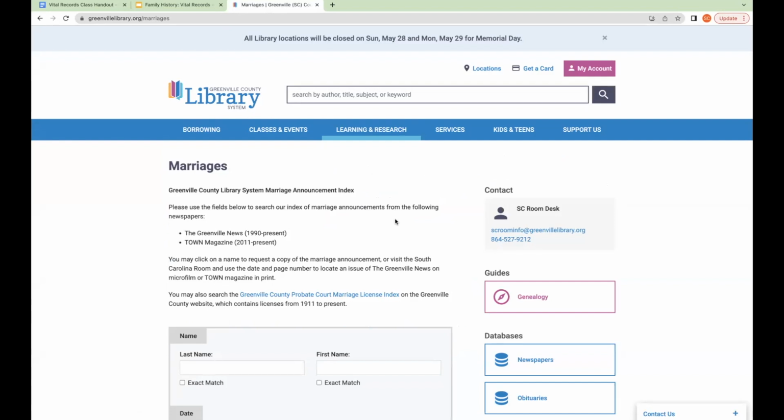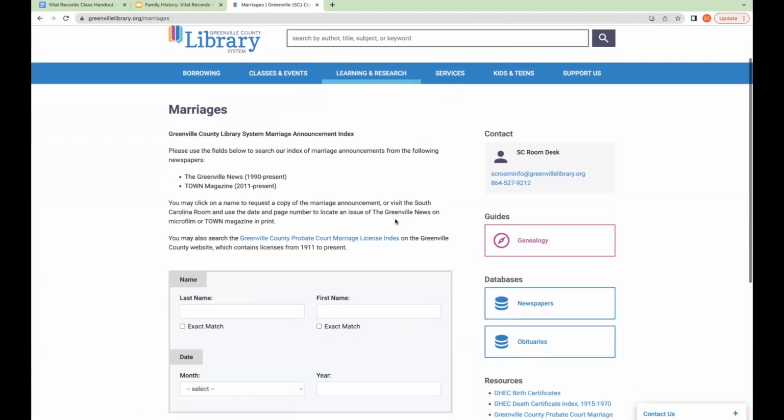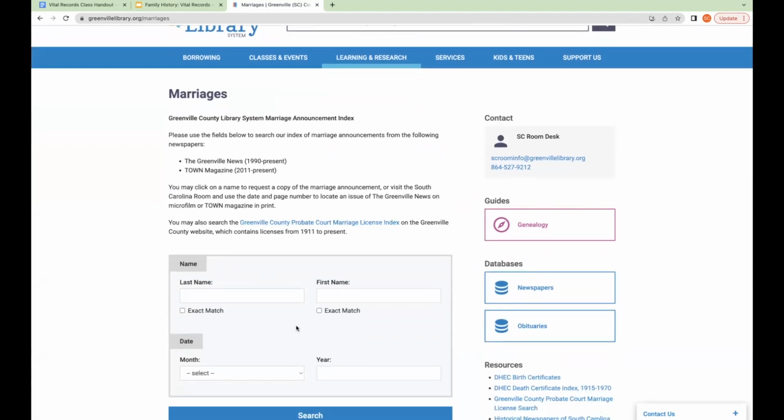The first part, this little gray section, is our index for marriage announcements from the Greenville News. Those are only from 1990 to present currently, and Town Magazine 2011 to present. And then we have a link at the top here where you can search for marriage licenses from the Greenville County Probate Court. So that's the link we're going to go to.